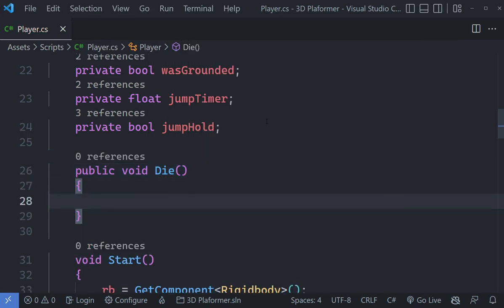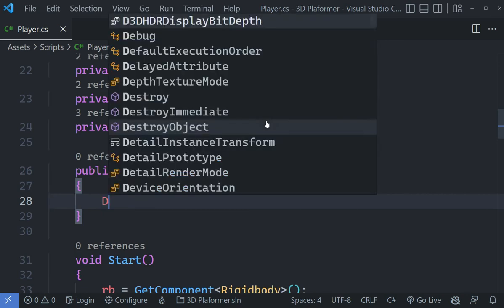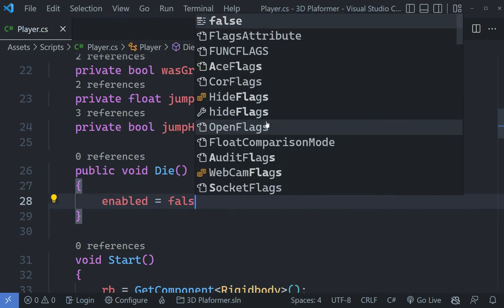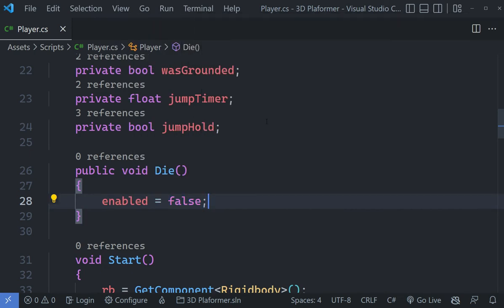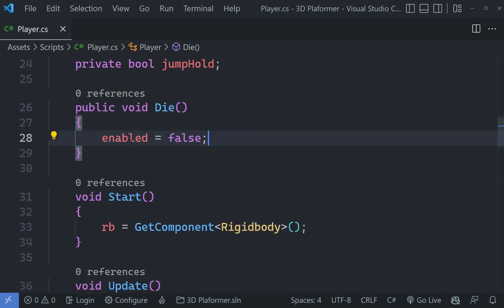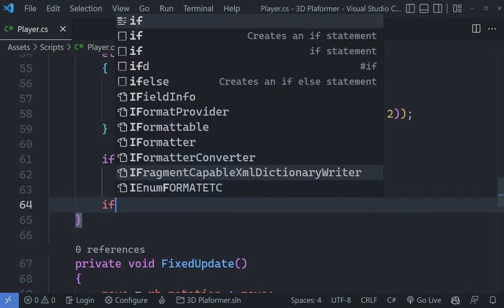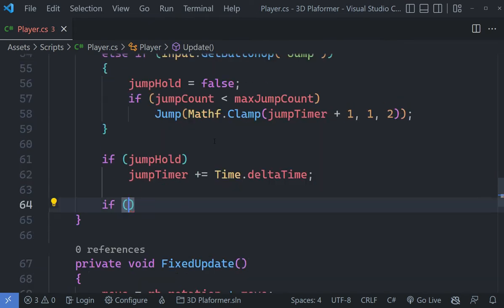In here, I think what we should do is disable this component. We can call Destroy in order to remove the player, or if you do not want to just destroy, you can set enabled equal to false, and that works for now. I think that's pretty much enough. And what we can do is add another check inside of the Update method, where we check if the player